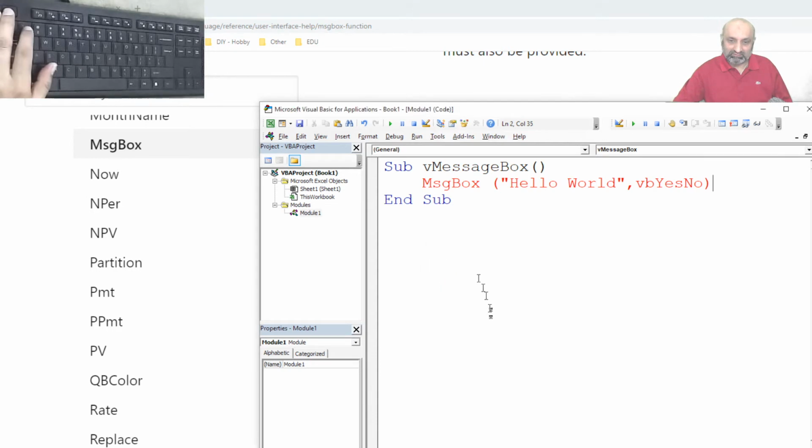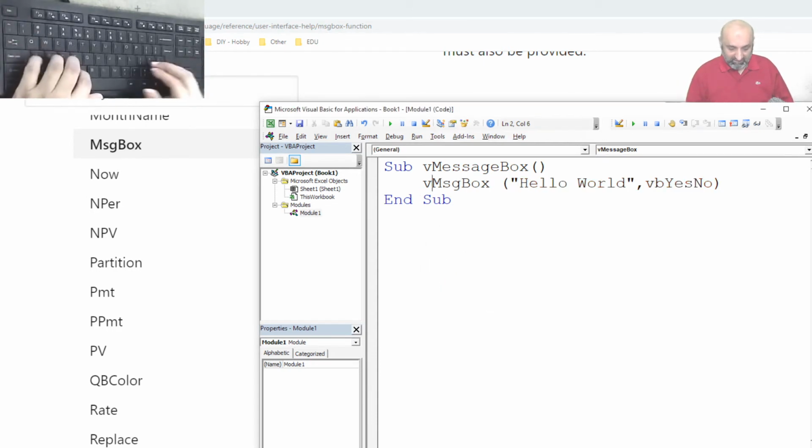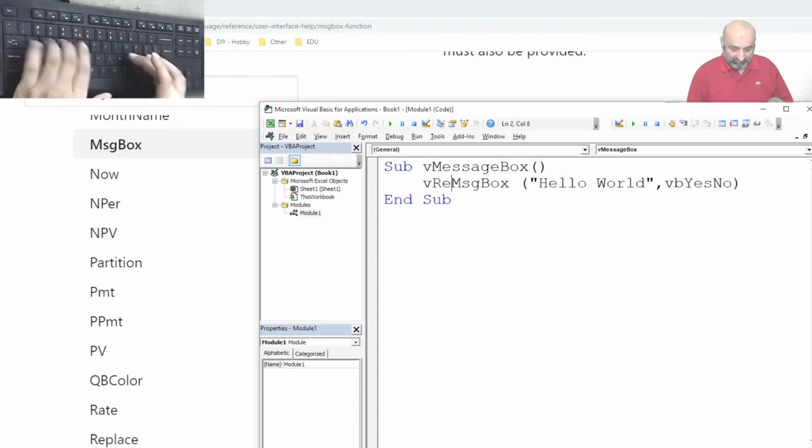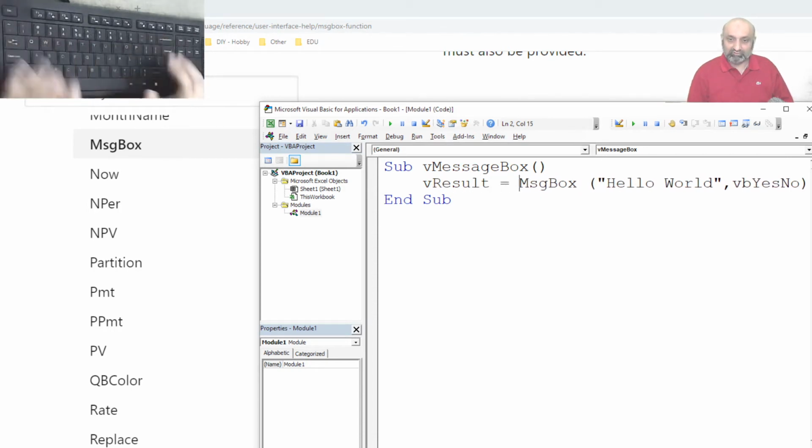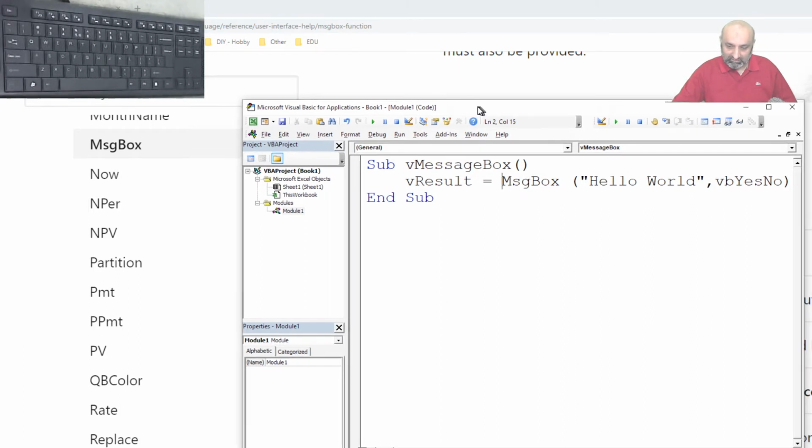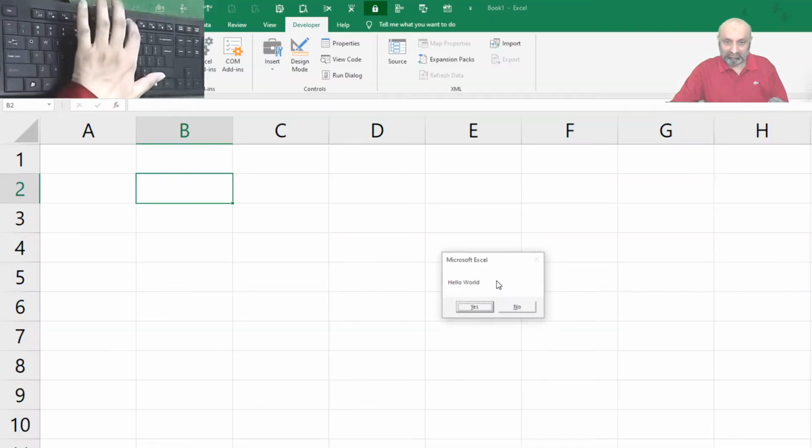So let's create a variable, and let's say result is equal to MsgBox, yes and no. Let me push it left. So result is equal to MsgBox "hello world", yes or no. Let's run this.